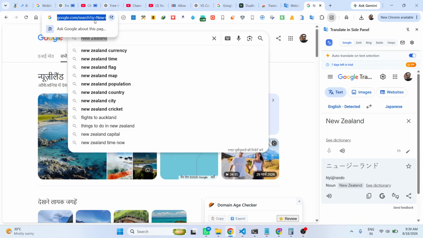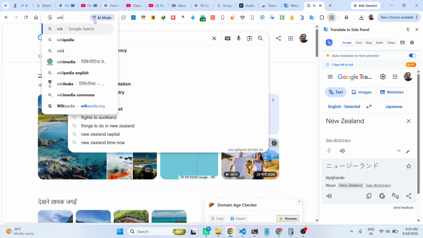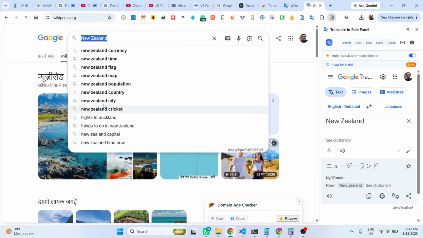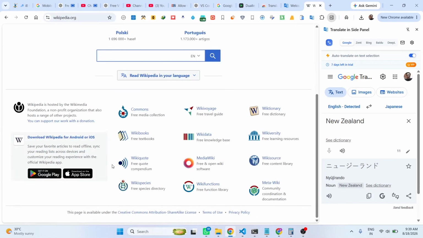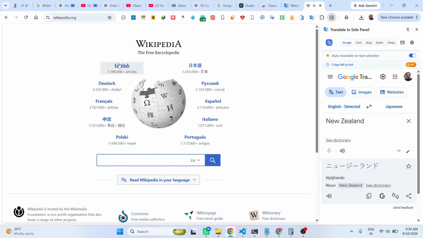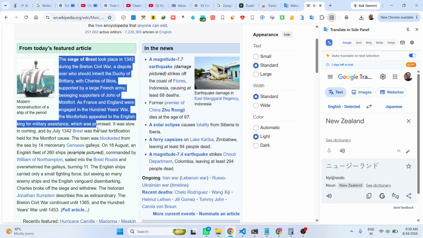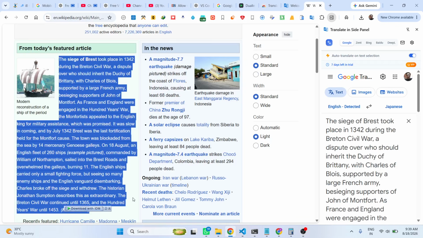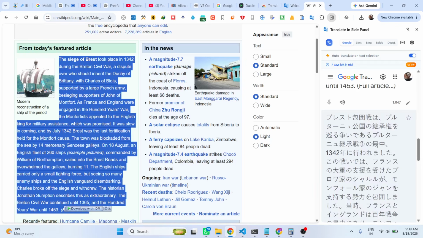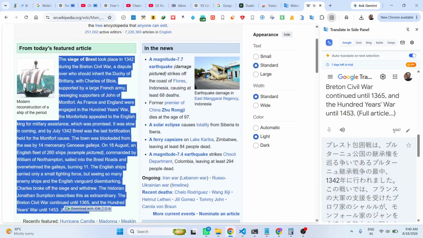If you want to translate the entire word, so basically you can select the entire article and automatically it will be pasted, and as you see that,